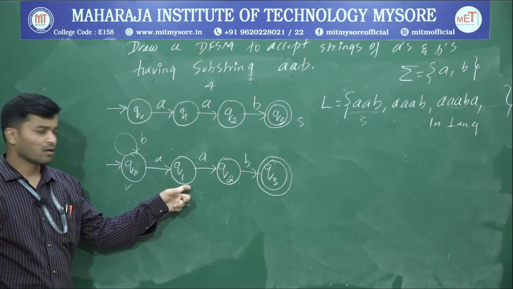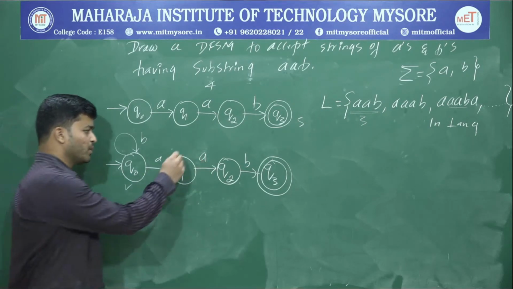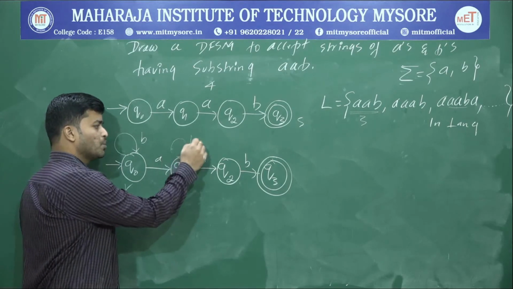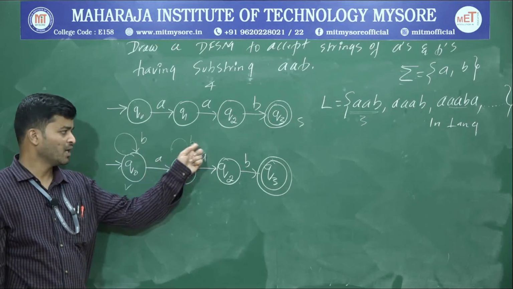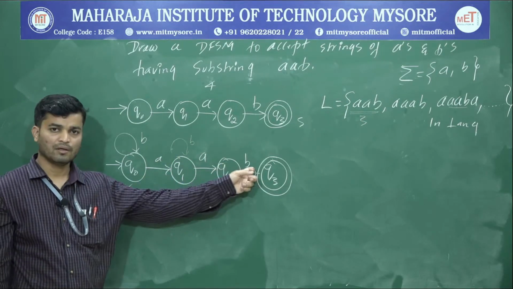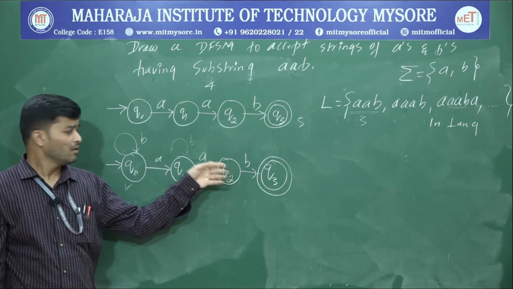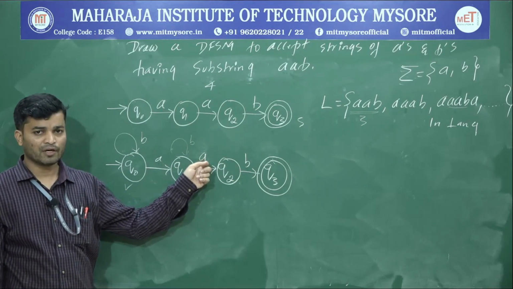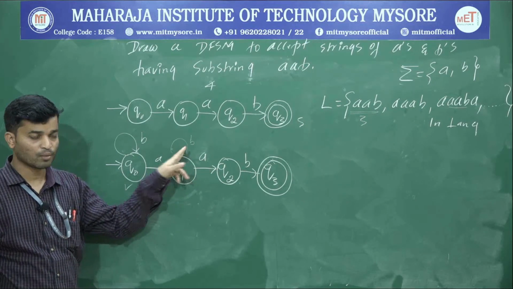Now go with Q1. At Q1 there's a path for A, now to give a path for B. The first option is a loop upon Q1. If I write a loop upon Q1, I'll get A, n number of B's, then A, B, so while ending it will end with B, A, B. That is not our requirement. There is no substring AAB. Therefore loop is not a valid option.